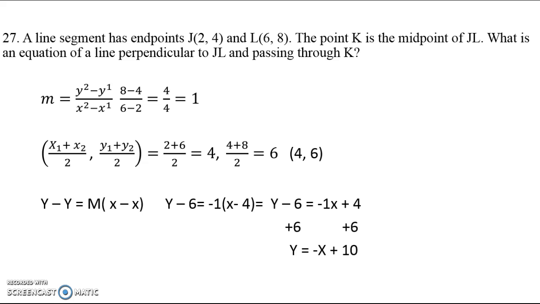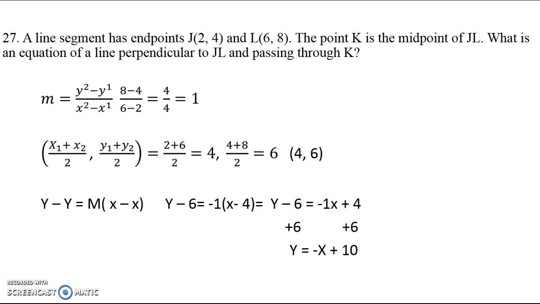So negative x, we bring that on, minus, so y minus 6 equals negative 1 times parentheses x minus 4. Okay, so for this one, we know that our 6 is on the other side of the equal sign, so we definitely need to do the opposite thing to the equation. Since we're subtracting 6, we have to add it on the other side. So 6